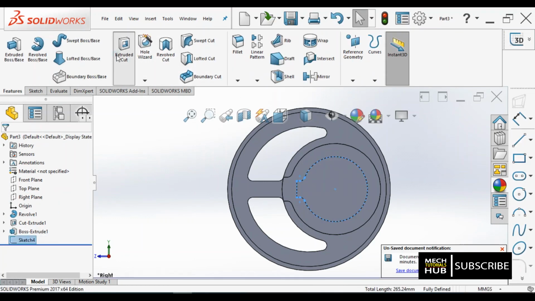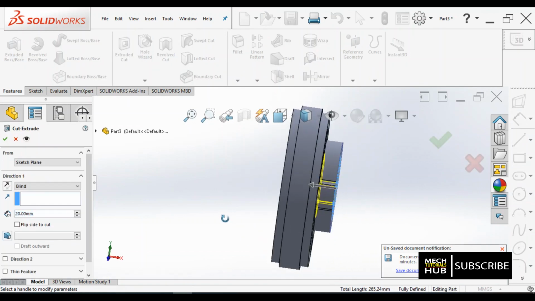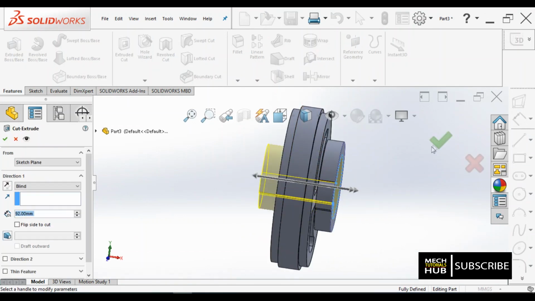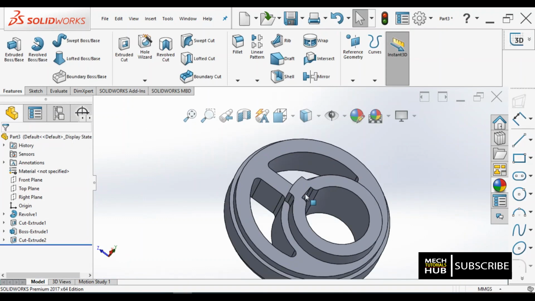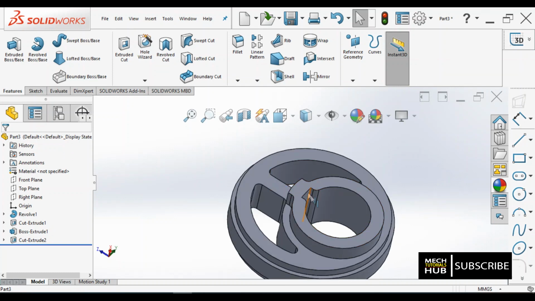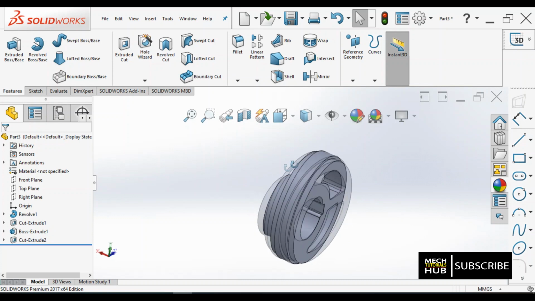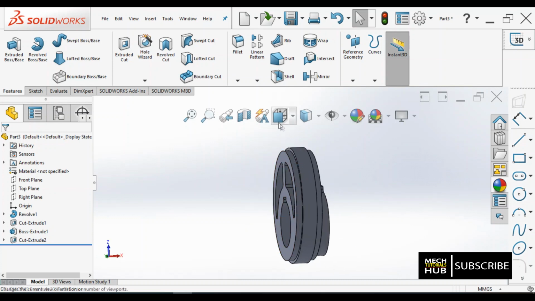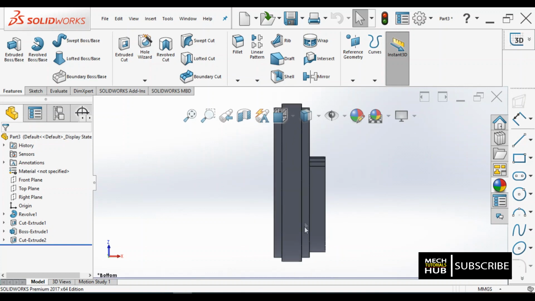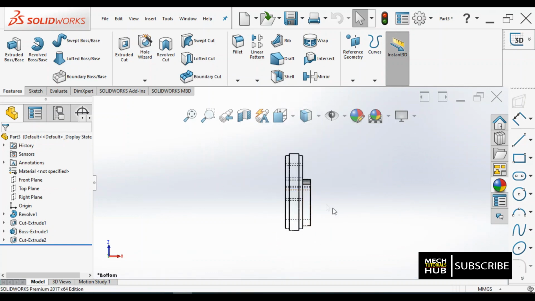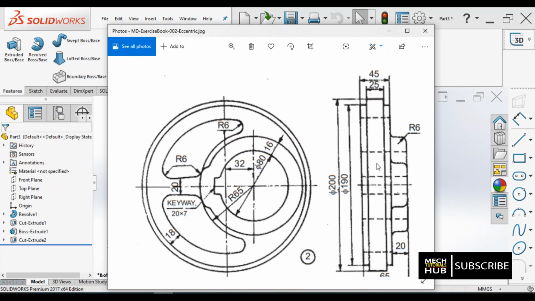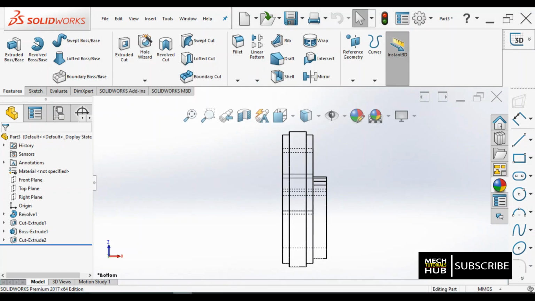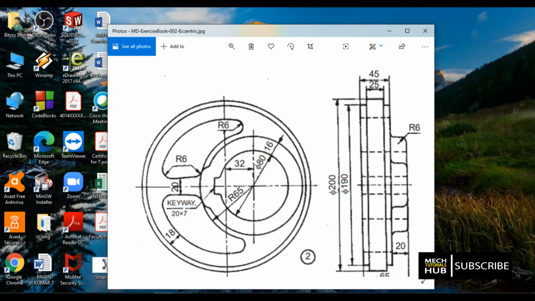Okay, I'll say okay, exit, extrude cut, through hole. Have a look at it now. This is how a sheave of an eccentricity looks like. Okay, if I keep this in one mode, like if I keep it something like this and turn this into wireframe, then the side view of the sheave, whatever there is in the question, is visible to you. Okay, this is how it looks.